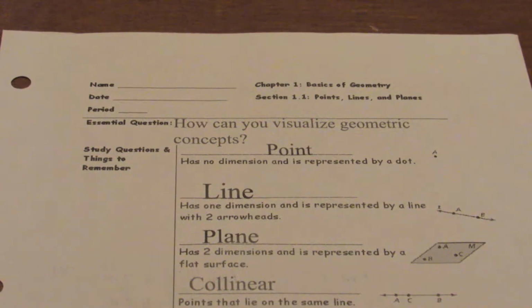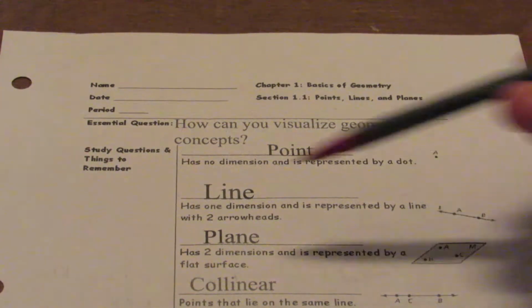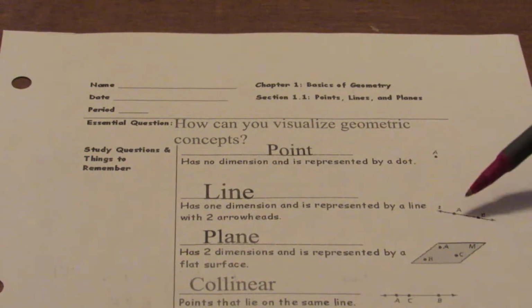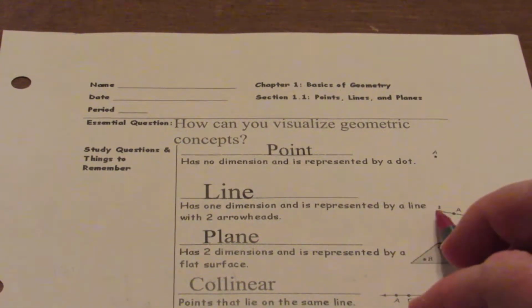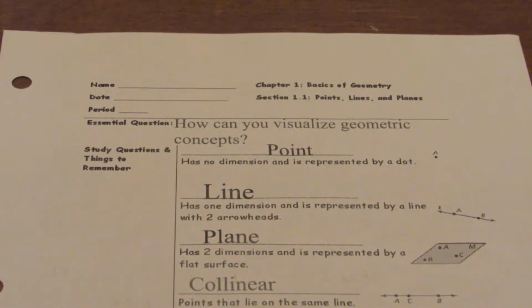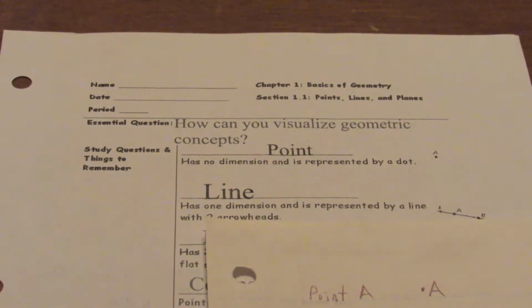Then we have a line. A line has one dimension, which is normally called length, and is represented by a line with two arrowheads. So here you have point A and point B, and we have the line there. This right here is a little cursive L. Okay? So when we're naming a line,